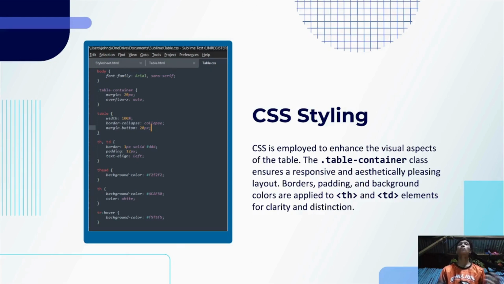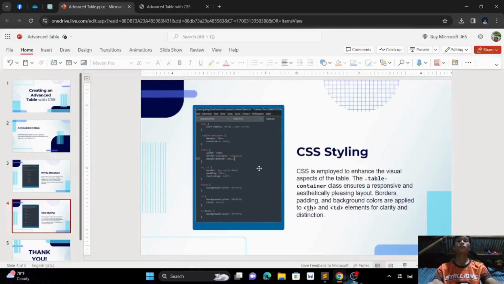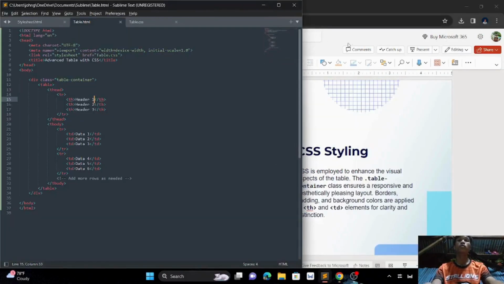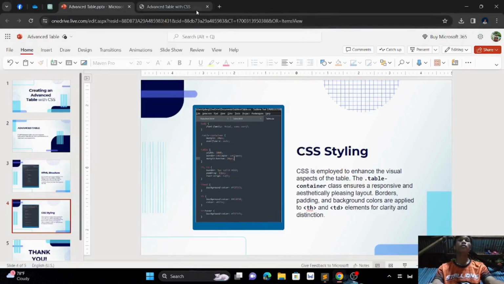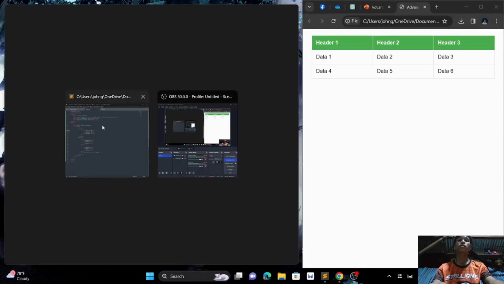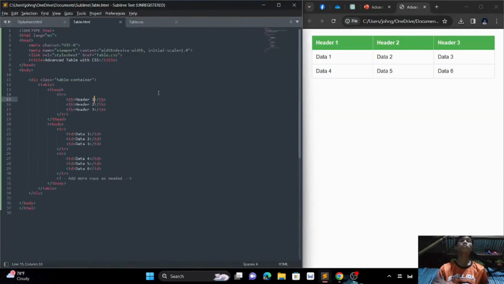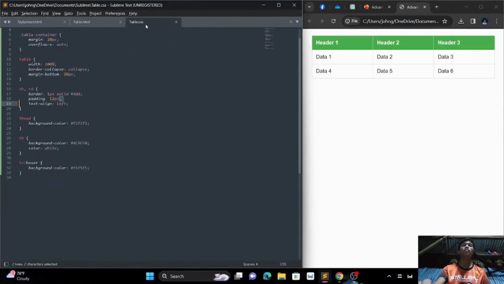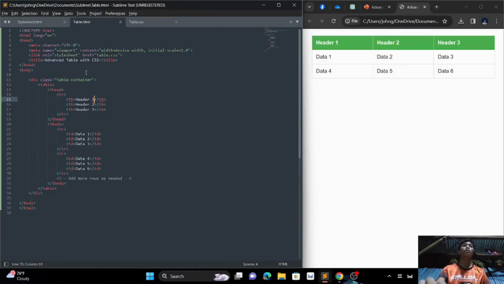So let's do some coding on Sublime to demonstrate these codes. So let's open our IDE, which is the Sublime. So open this first in the Sublime. So here is my sample code. So here is the HTML, and here is the CSS. So I already code the